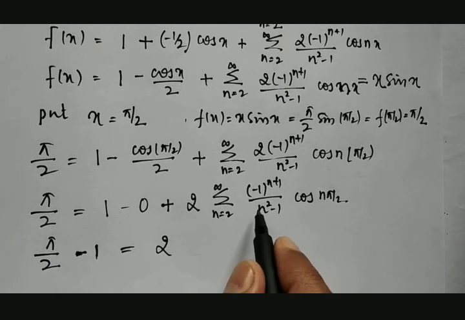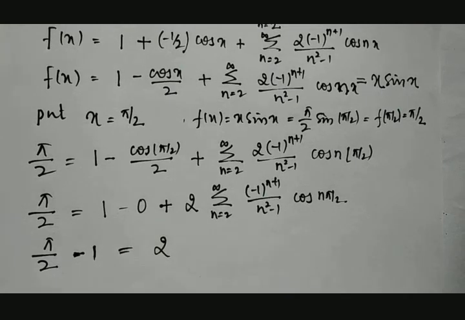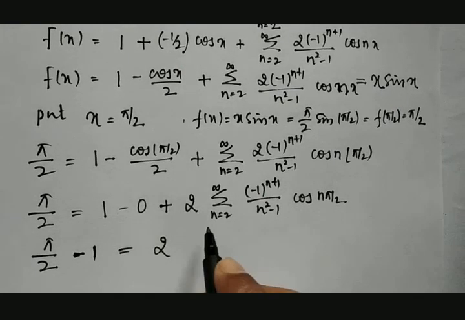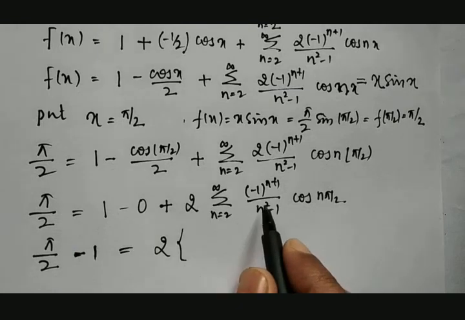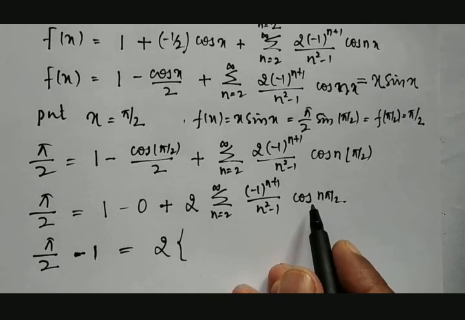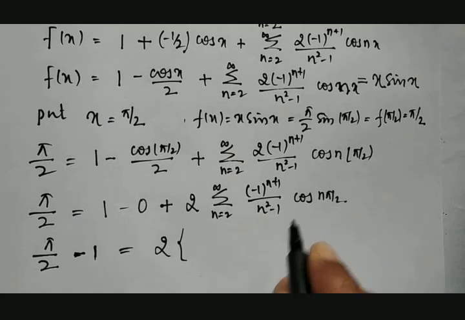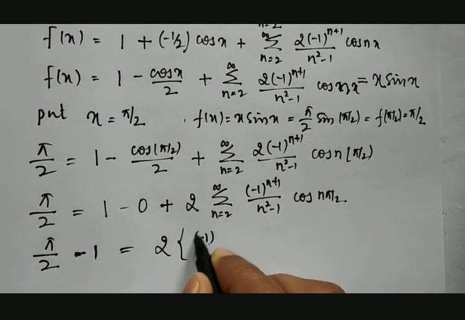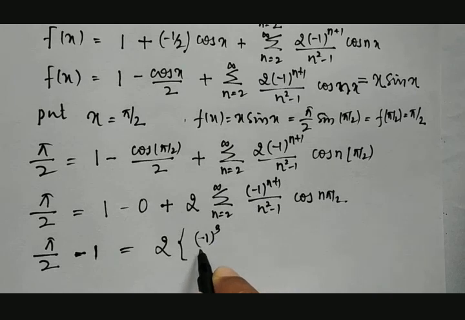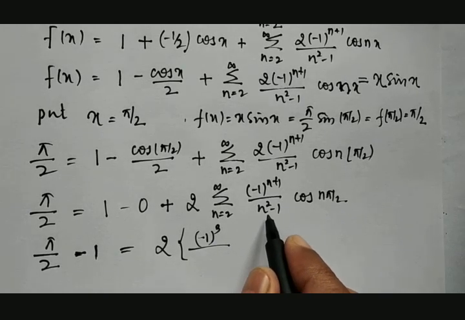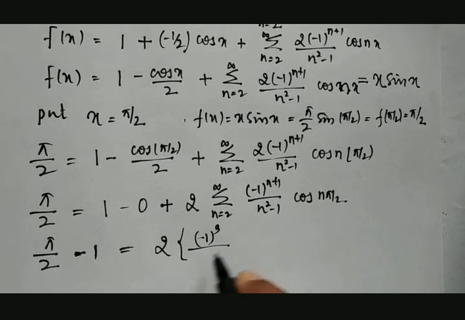If you remove the summation, by putting n is equal to 2, 3, 4, 5 and so on. If you put n is equal to 2, then what happens? I'll be getting minus 1 raised to 2 plus 1, 3, divided by 2 square is 4. 4 minus 1 will be